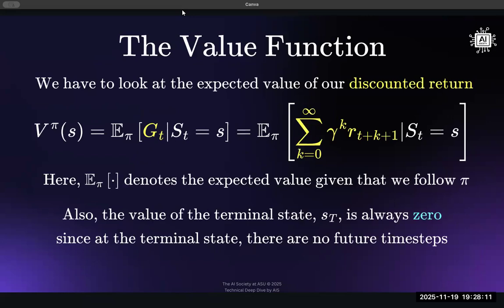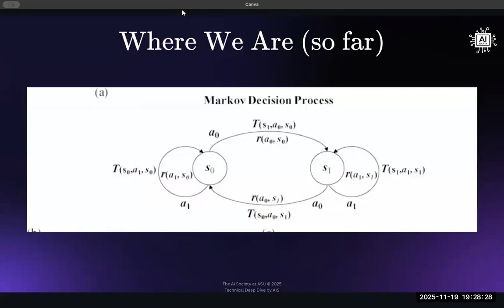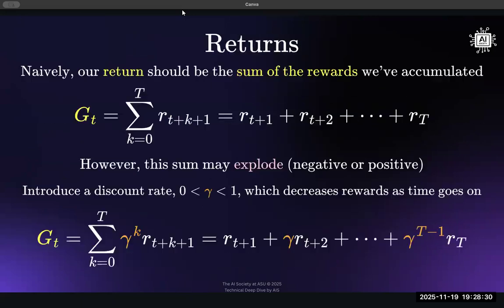And that's what the value function is. It's going to tell the agent what is the expected value of the discounted return given, so you see that little division, that's not a division, that's a conditioned, so that's G_t, the discounted return. So the discounted return, as I said, was back here. That's a discounted return, right? $10 today is not the same as $10 in 5 years.